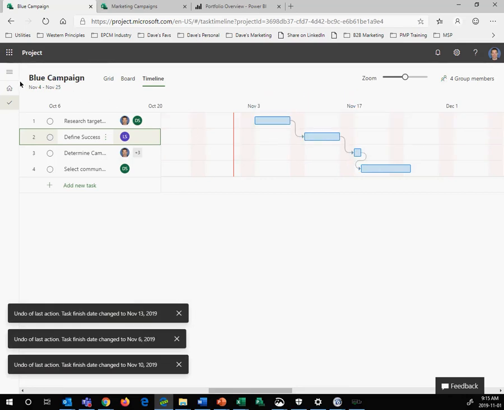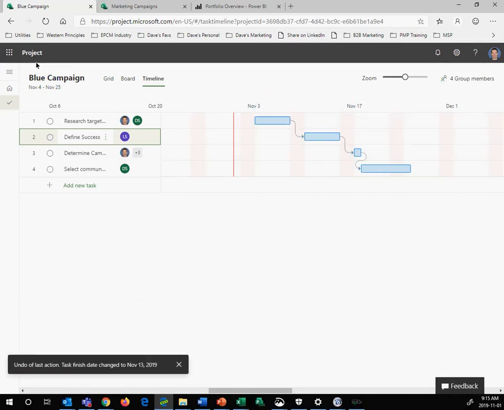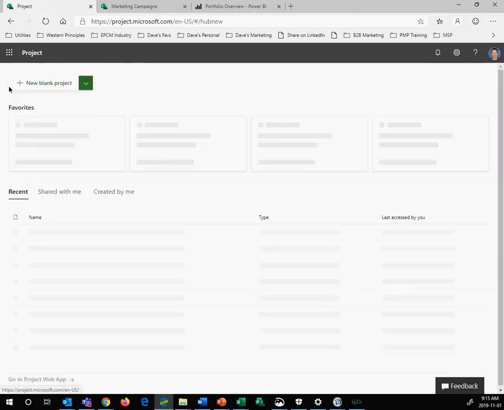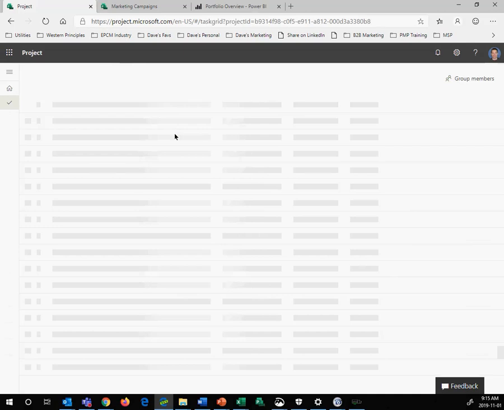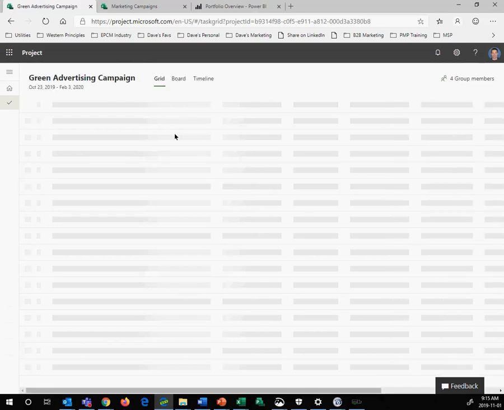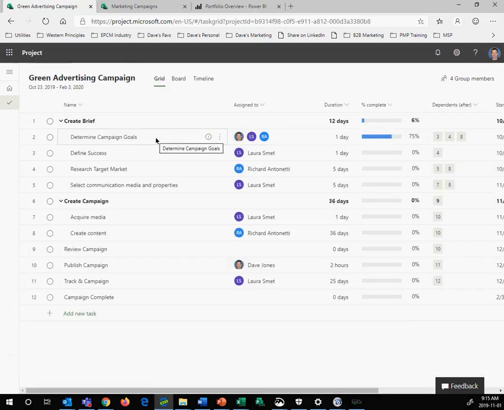So we're going to go from this, and I'm going to jump over to a different campaign because we're going to go look at one that's actually more built out. We're going to go look at this green advertising campaign. So this green advertising campaign has essentially the same activities in it, but we've just organized them a little bit more. So you can see here we've indented some of these activities under the create brief and some of these